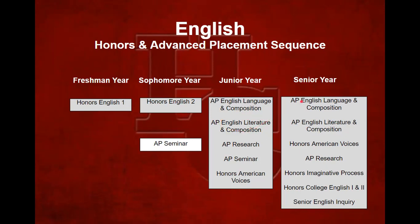AP English Literature, again, you can take that as a junior or senior, focuses exclusively on fiction and the various genres of fiction, novels, drama, poetry, and like AP Language, it does study how authors make meaning, but in this case, in works of fiction. How do they create thematic meaning or thematic impressions through the elements of literature like characterization and conflict and symbols and things of that sort. So students are really learning that craft and how to analyze that craft,